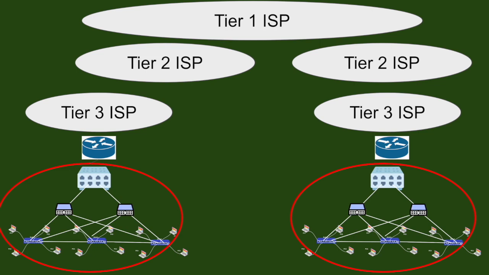Initially the site A device sends the traffic to the ISP tier 3 through the gateway router, in this example this one. Then the tier 3 ISP, whoever is your ISP, maybe Comcast in the US, identifies that this communication has to go all the way to the other end of the world, so it needs connectivity to the tier 2. It always establishes connectivity to the tier 2 ISPs, which have larger